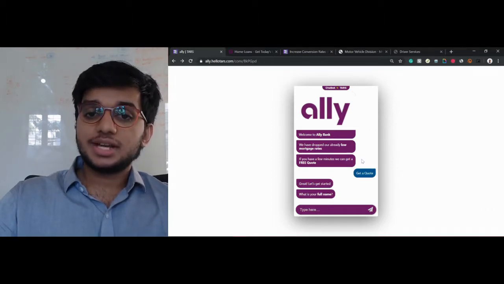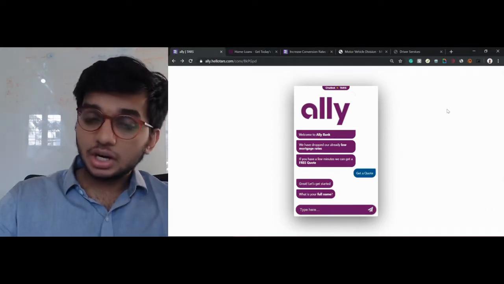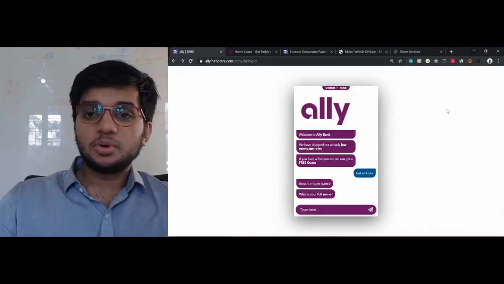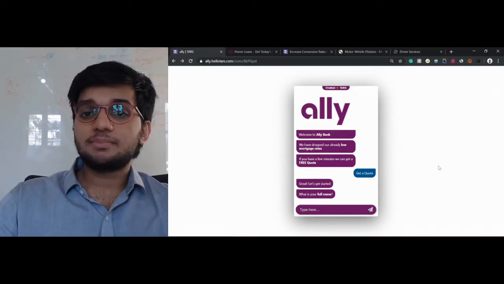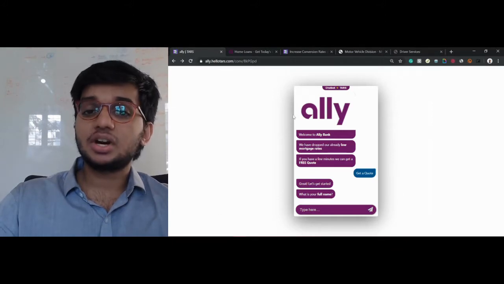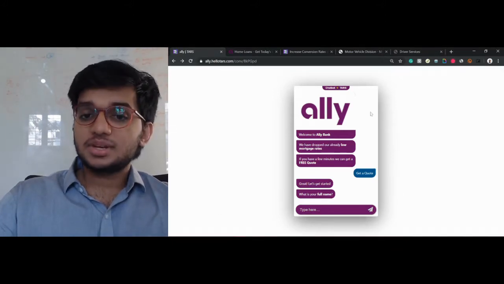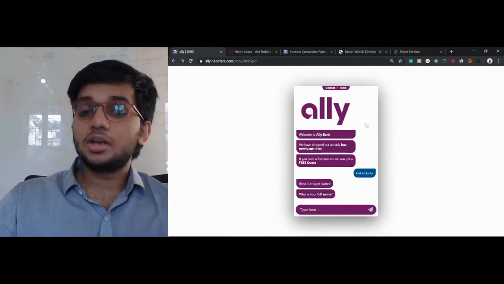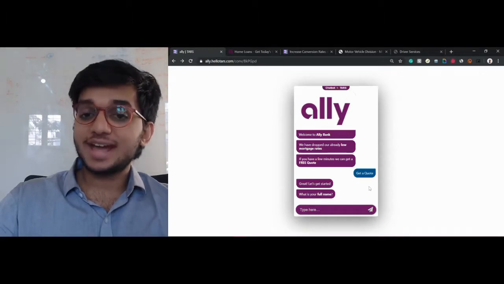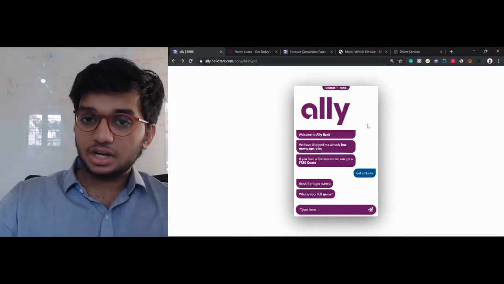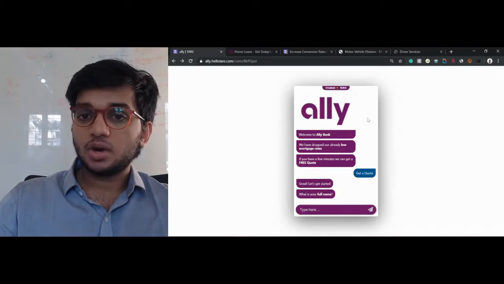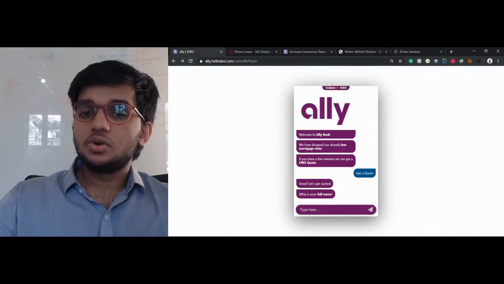So once you've decided the chat area, you can go ahead and decide the page area. And we generally go with one of two approaches for this. I either make the page area background white in color, especially if I'm using a logo and a white chat area color. So if the chat area color is white, I also make the page area color white because it just feels like the chat